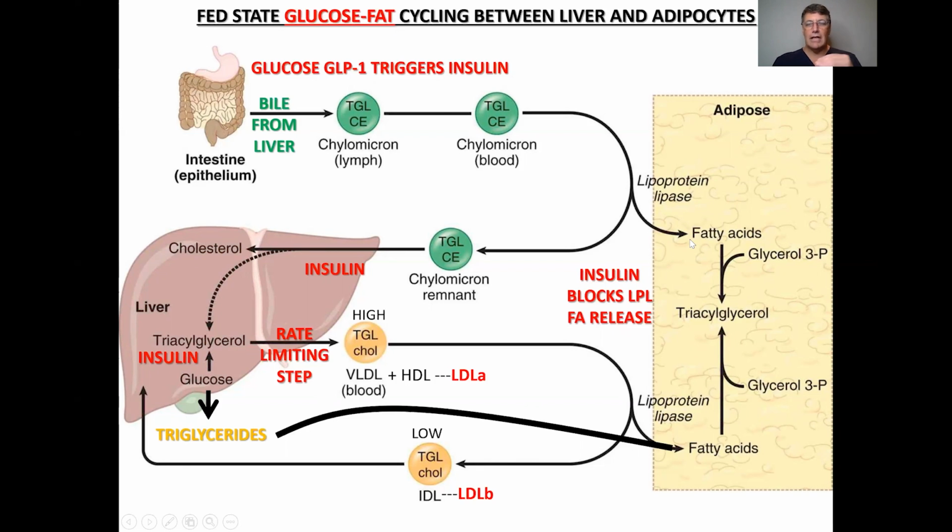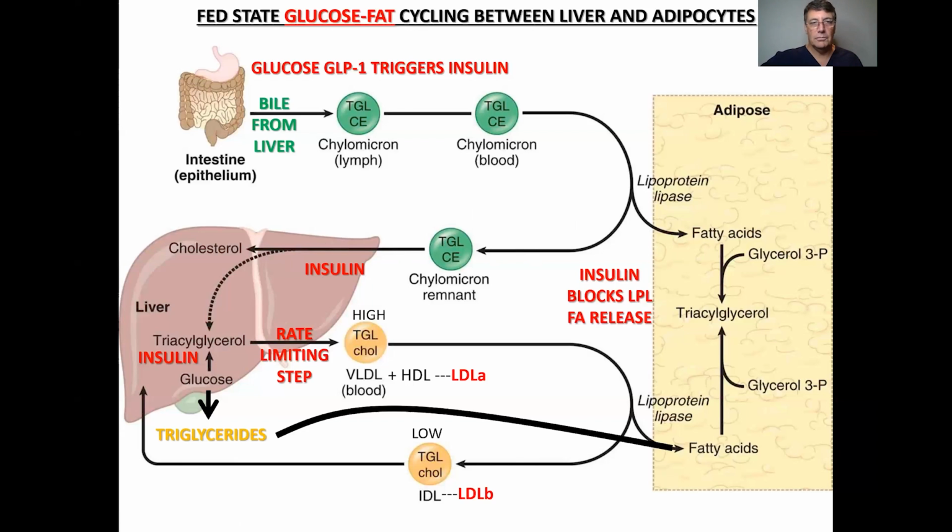Now, in the fat cells, as your insulin level goes up, it blocks this protein called lipoprotein lipase from breaking down fat and releasing it into the bloodstream. In fact, lipoprotein lipase then becomes a net absorber of that fat, and the fatty acids are removed from the chylomicrons and stored as triglycerides and maybe phospholipids in the fat cells. In addition, some of the chylomicrons obviously circle through to the liver. And those chylomicrons and the breakdown products, the remnants, the empty chylomicrons, under the influence of insulin, enter the liver,